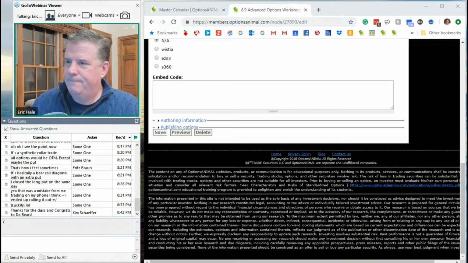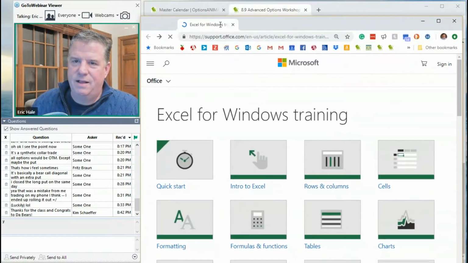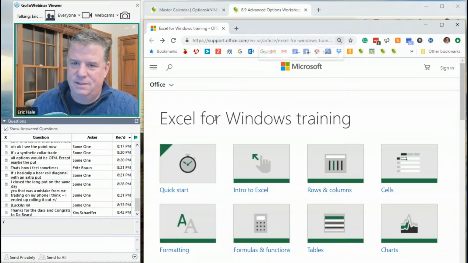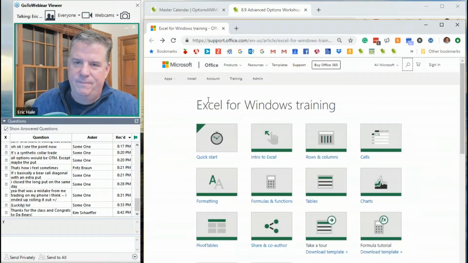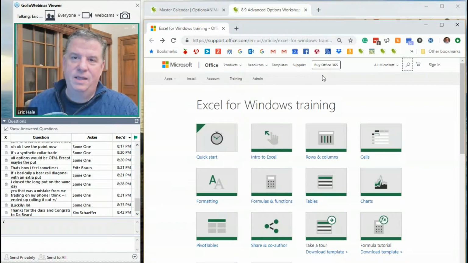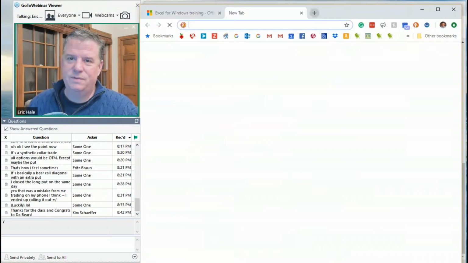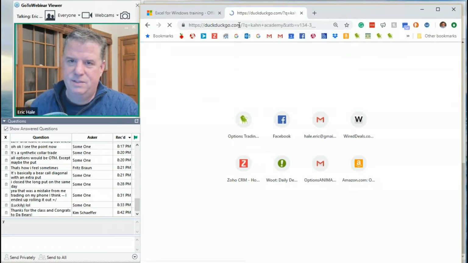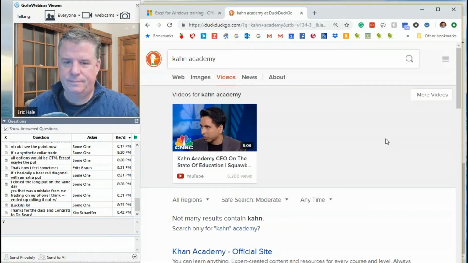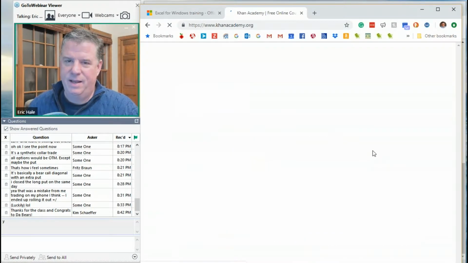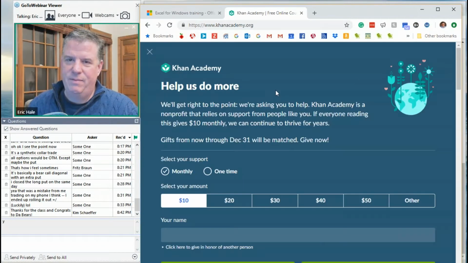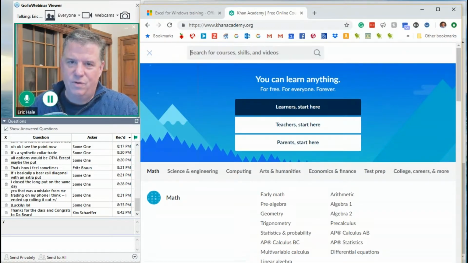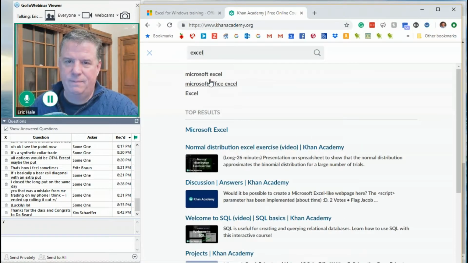There's some free tools out there. Microsoft Excel, Microsoft Office has some training that's available. I just Googled Excel training, and there's plenty of places that'll charge you money. There's plenty of other places that are free. Khan Academy is really cool. KHAN Academy has all kinds of free resources in there. And I would guess that if you search for Excel, Microsoft Excel,